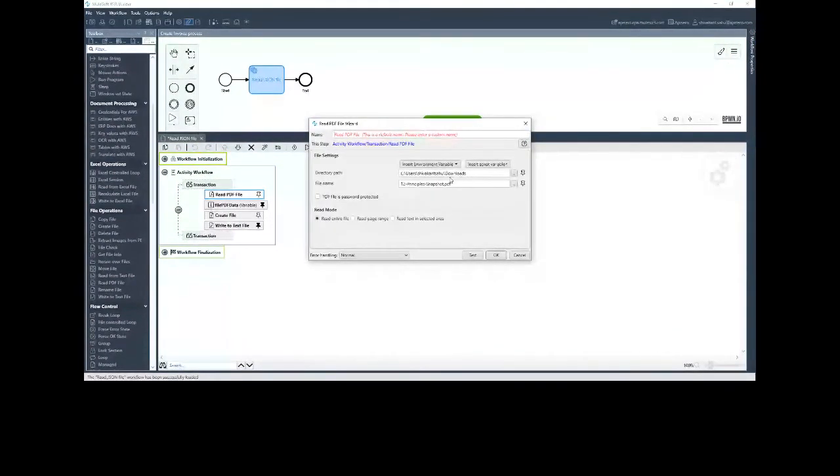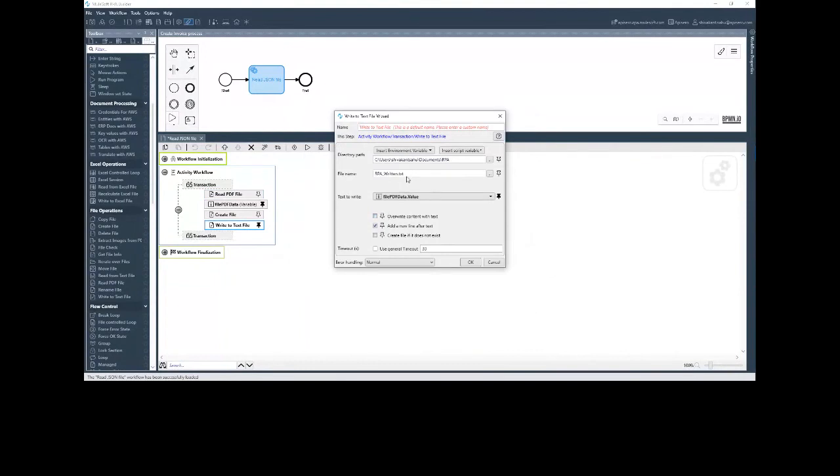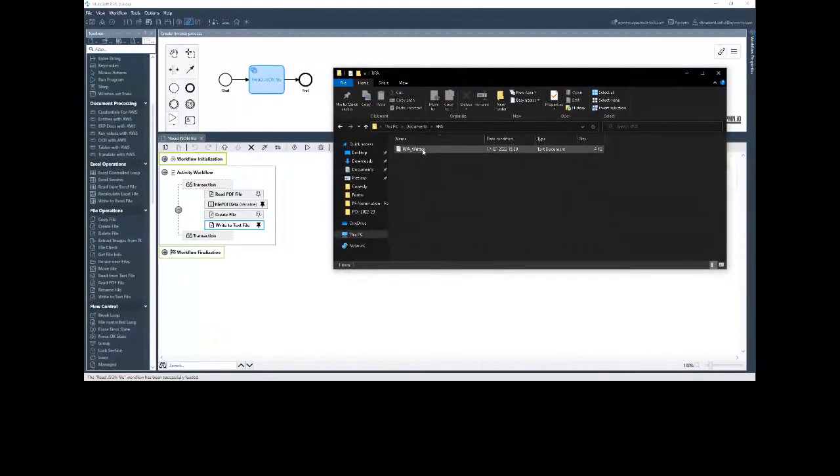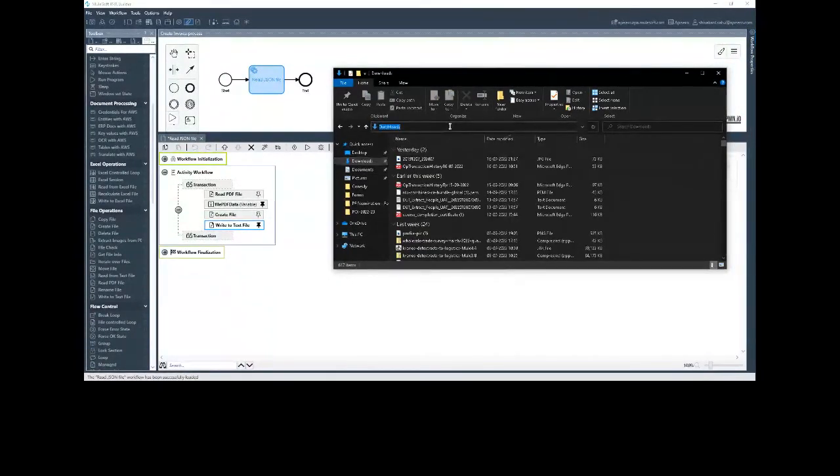Here we are trying to read and download this file, snapshot.pdf, and we are trying to write this file, rpa written.txt. This was written right now, so I will delete it. I'll show you the file first. This one, something 12 principles.